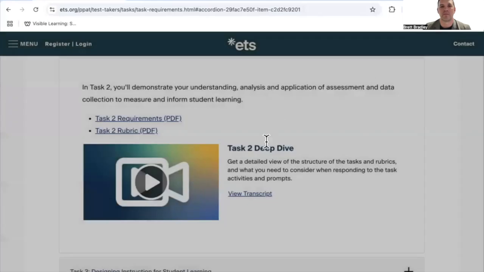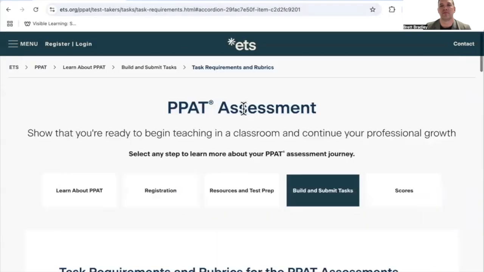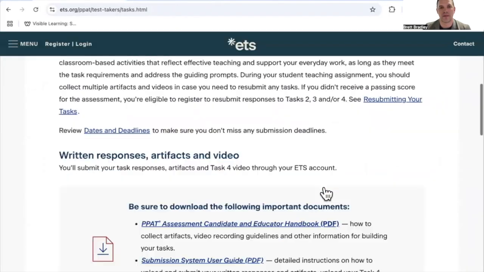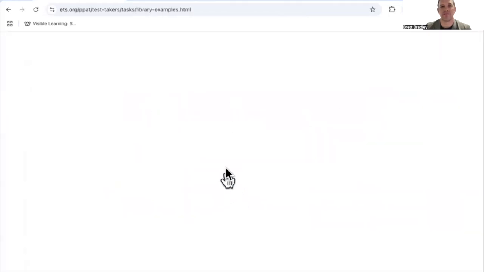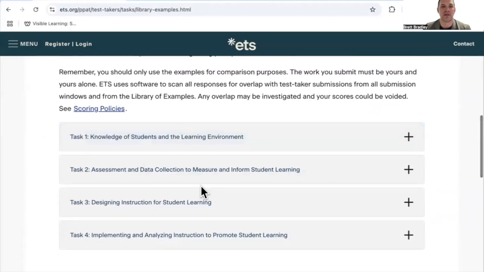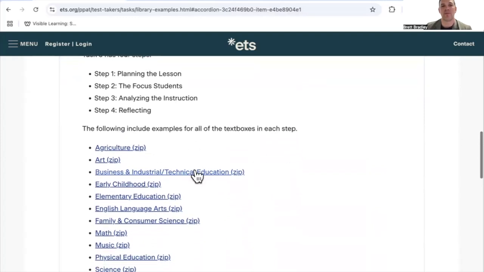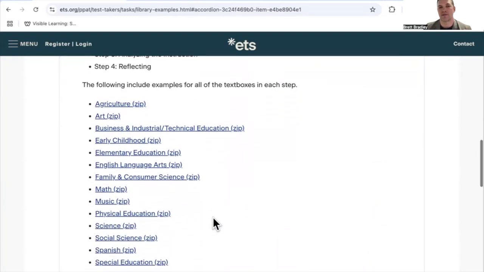Then, again, it's hard to find. If you go to build and submit tasks, and then I go down to the bottom where it says library of examples. So the library of examples, if you click on this, let's click on task three. It will give you an example of a completed PPAT for all of these subject areas,